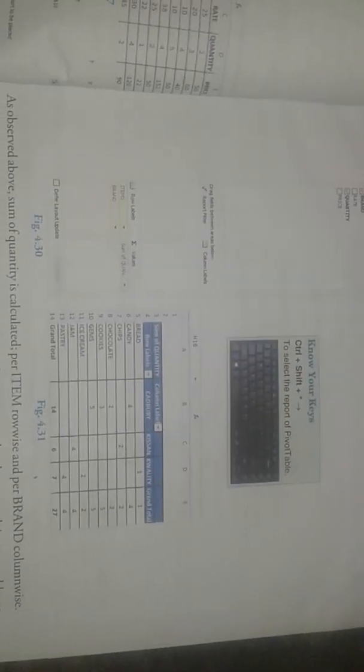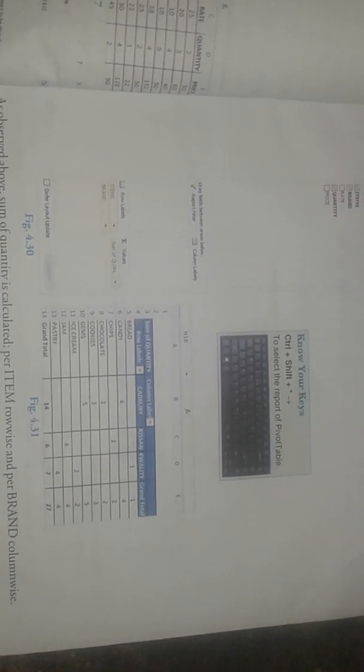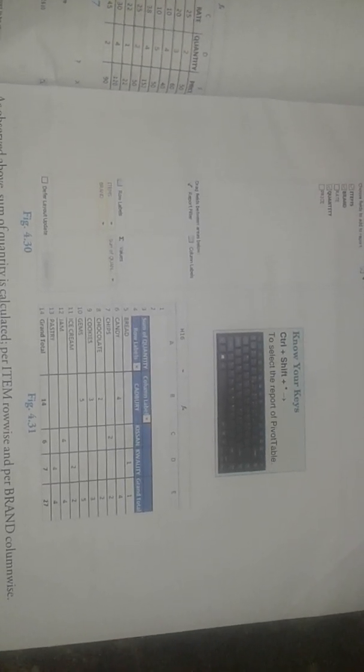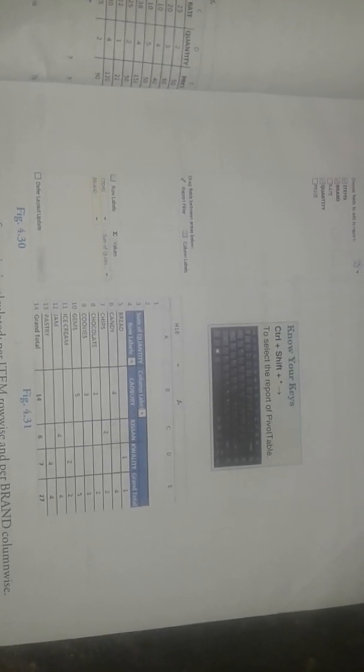So through a pivot table, it's easy to analyze the data, because if we have thousands of data or 2000, 3000 lakh data, it's very hard to analyze the data, but through a pivot table we can analyze the data very easily. Excel is able to quickly analyze data, but sometimes it becomes difficult when there is a lot of data. Only pivot tables are a great tool to summarize, analyze, explore and present data.